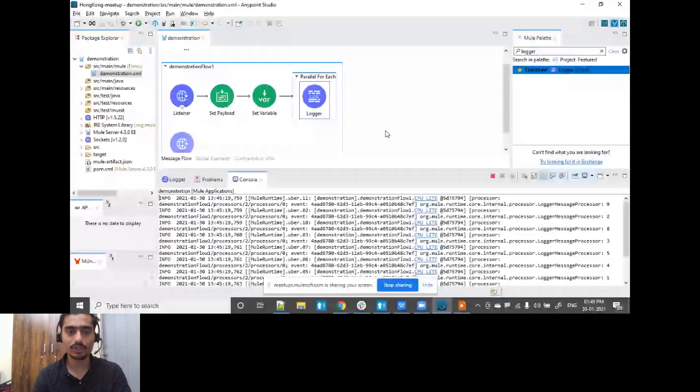Second, within parallel for each, records can be processed in any order. Whichever they see to be faster, they will execute in that particular order. These are the first basic two things that you need to be aware of about parallel for each.